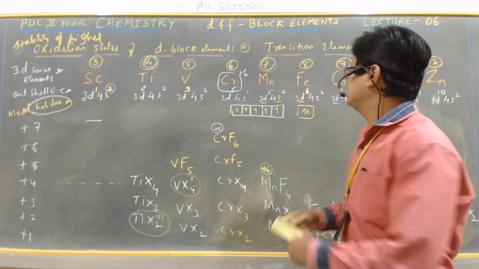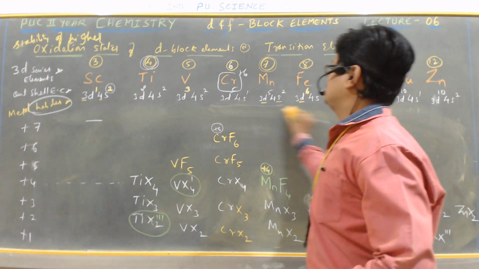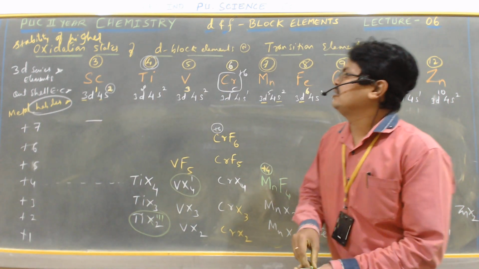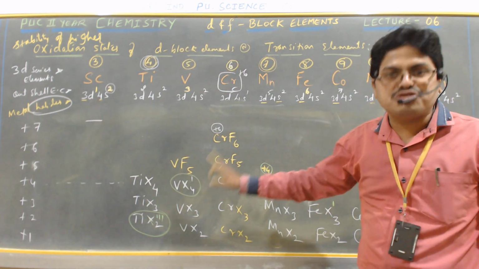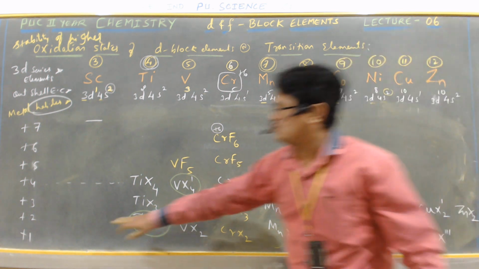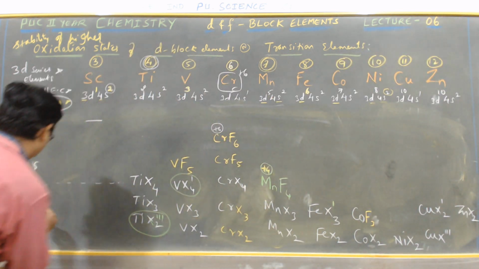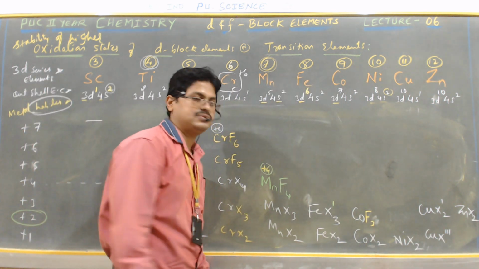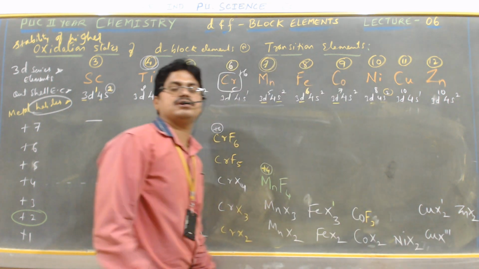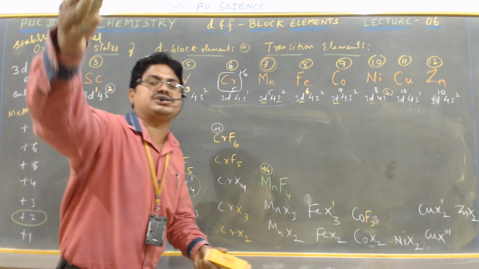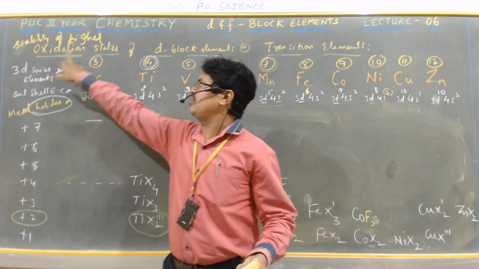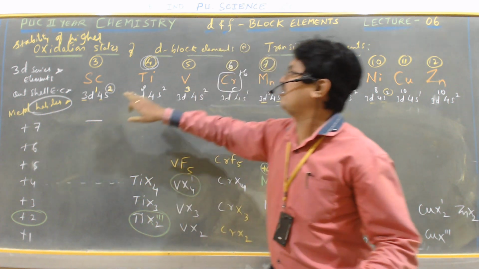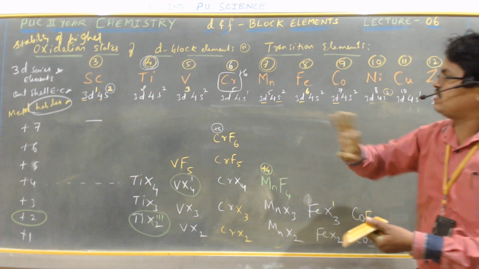So this is what stability of higher oxidation state with respect to halides. All the transition elements halides with respect to plus 2 oxidation states are stable. With respect to plus 2 oxidation state, they are stable. All plus 2 state, they are stable. With respect to higher oxidation state, that is what our concept. Stability of higher oxidation state we are discussing. With respect to halides, if we discuss, it is not equal to its group number.